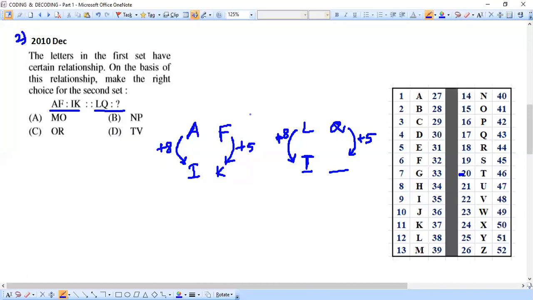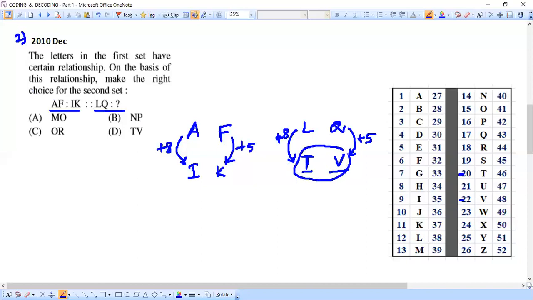Anyways, let's get the complete answer. Because we don't have more steps here. That's why, Q plus 5. Q is already at the 17th position. If you see Q is at 17, from 17 we need to do +5. So 17 plus 5 would give us 22. And 22 corresponds to the letter V. That's it. V. So TV is going to be our complete answer.